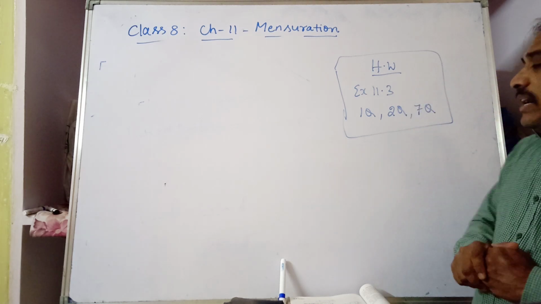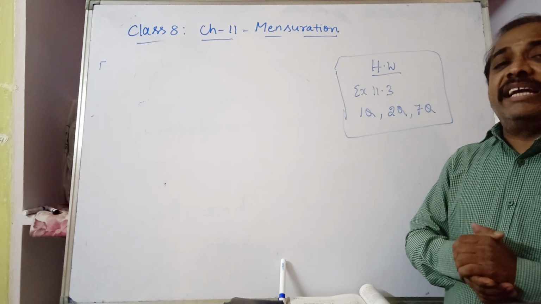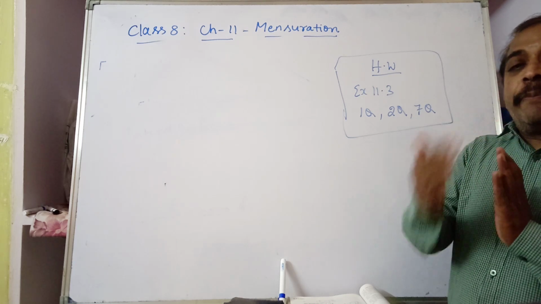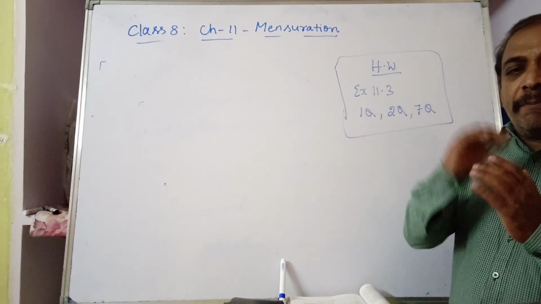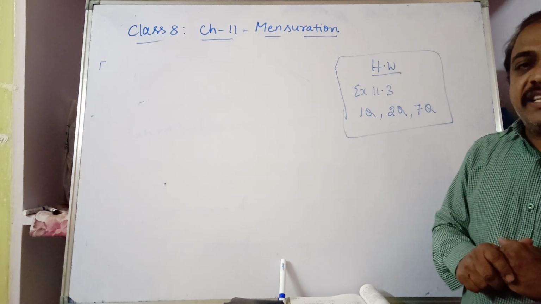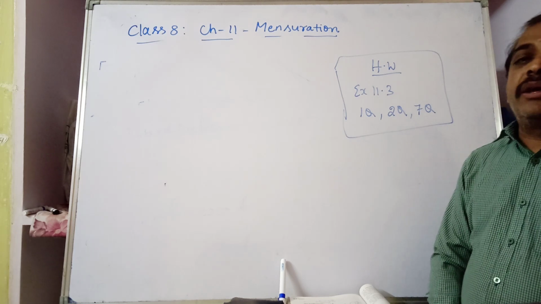And question number 7, a closed cylinder is given, radius and height. To cover that cylinder or to paint the cylinder, to paint or cover all this complete cylinder, top and bottom and even curved, so total surface area you have to find out. So question number 1, 2 and 7 you have to complete.